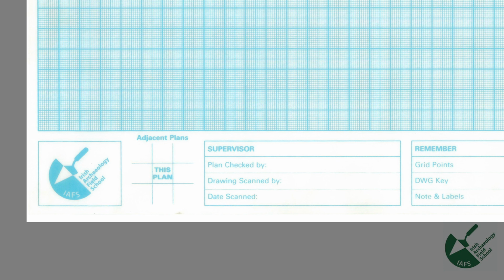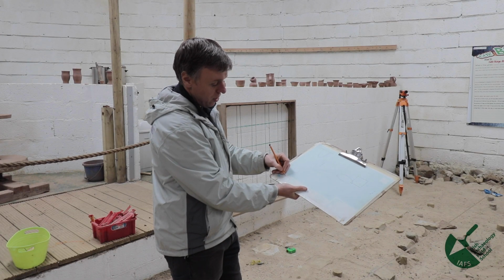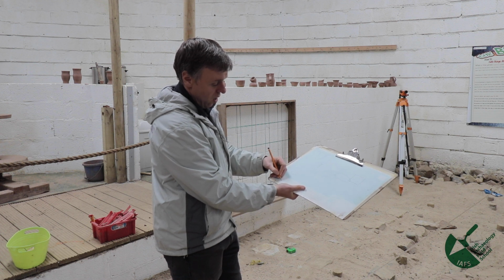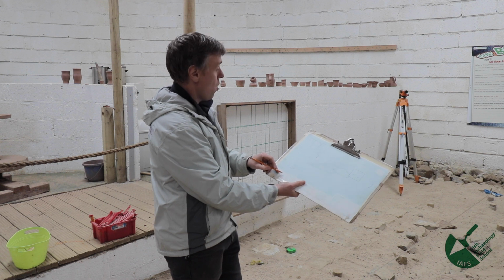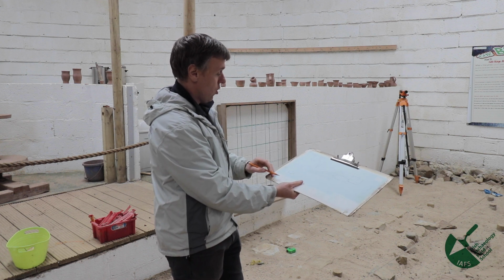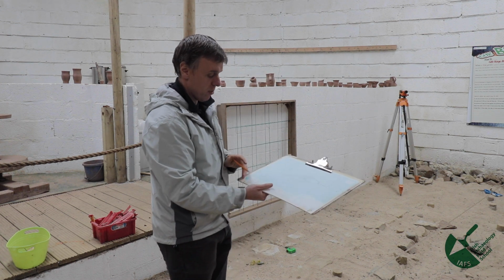Just before I come back to the scanning, you'll see a little cruciform pattern here in the bottom left, and that basically lets you know what drawings this joins to. So this is drawing 1001, it joins with 1002, 1003, okay? And then if it didn't join with anything else on the other sides, put in a not applicable. So NA all the way around, okay? I now know when I go back looking for this drawing that it consists of 3 sheets. There's one up there and there's one over there, okay? So it tells you exactly how the drawing comes together.